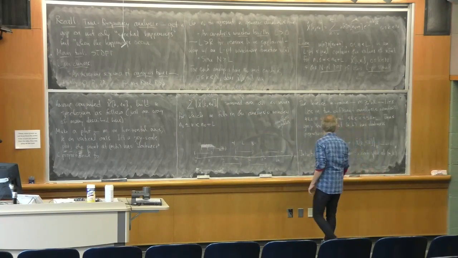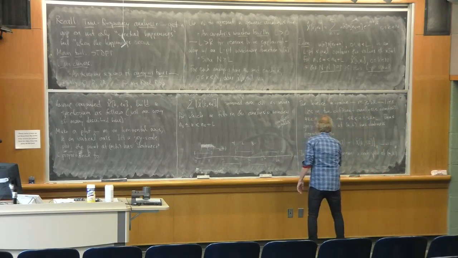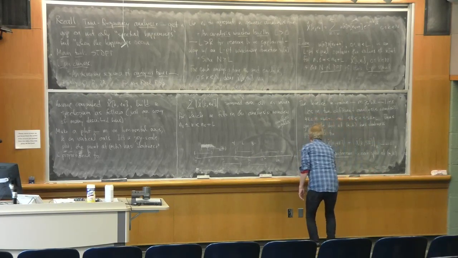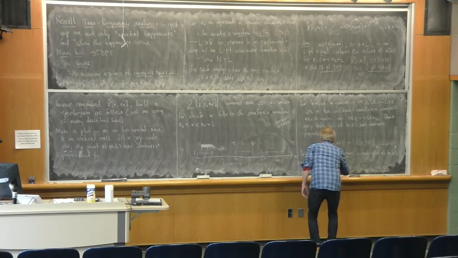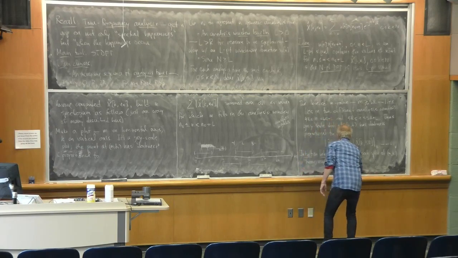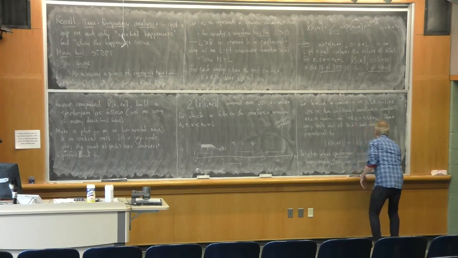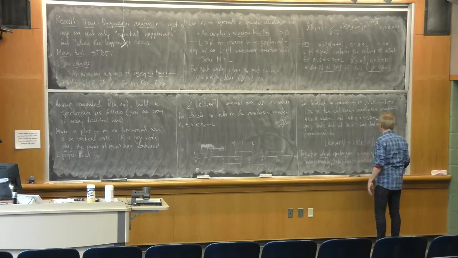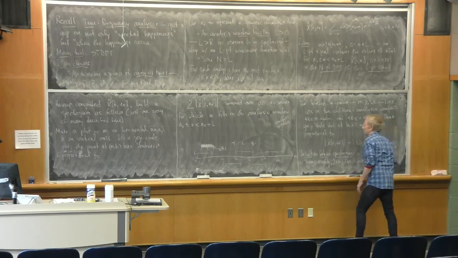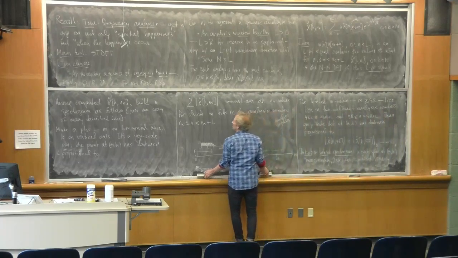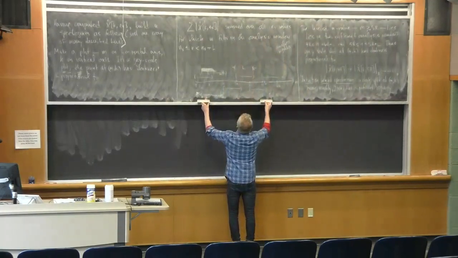A dark spot at M comma K means roughly that X of N has significant frequency content, and of course we're talking discrete time normalized frequency content,